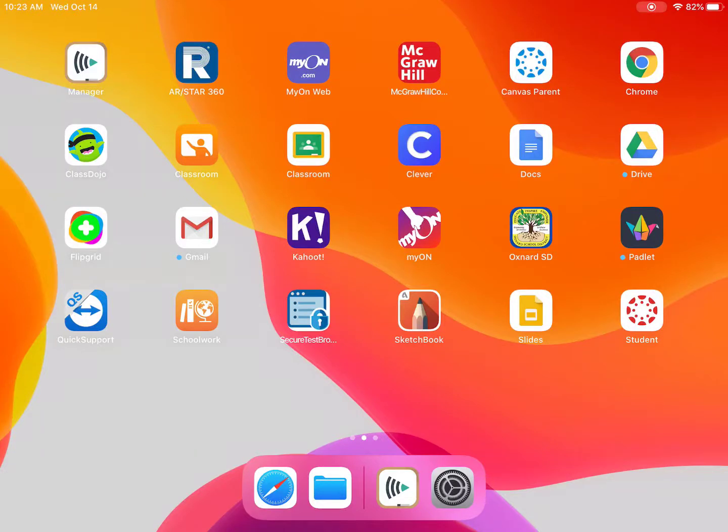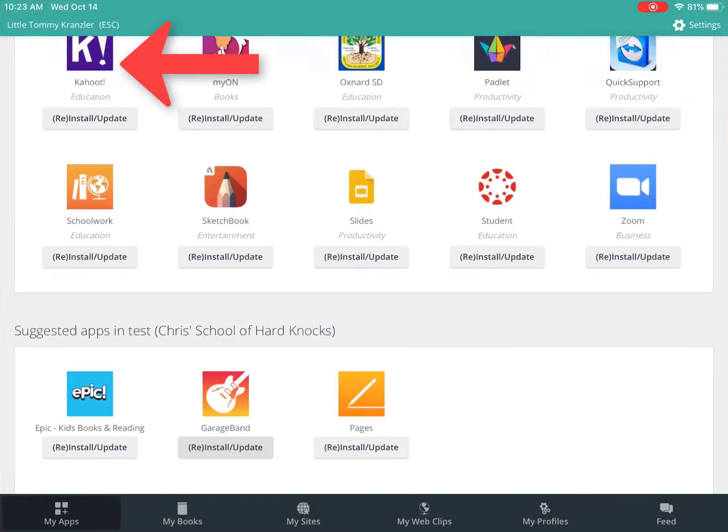When you add any Tier 2 app to your study apps list in Mosyle Manager, this will allow students to see those same apps and install them in their self-service portal in Mosyle Manager. So on the student iPad, which you see here, they would go into the Mosyle Manager